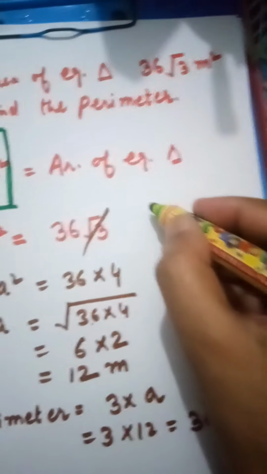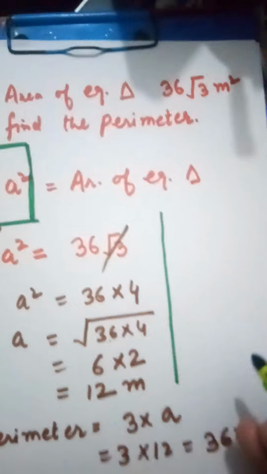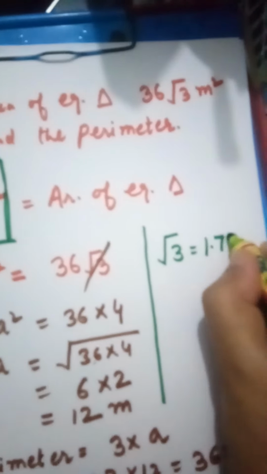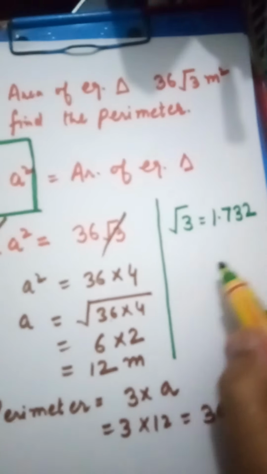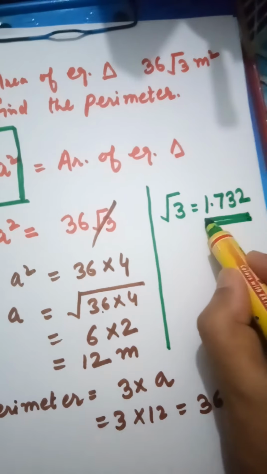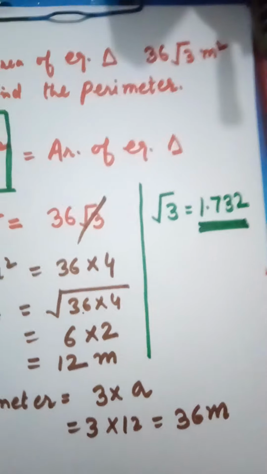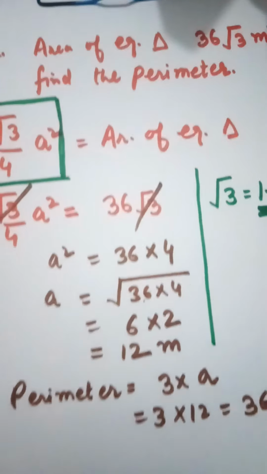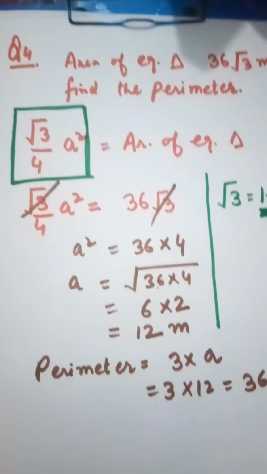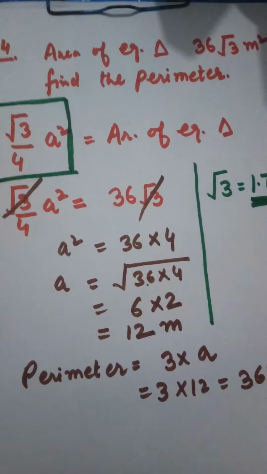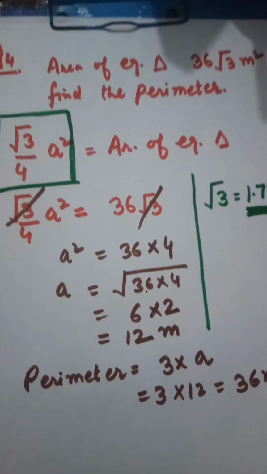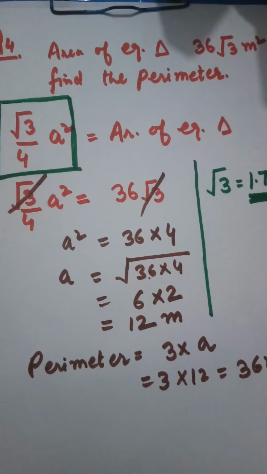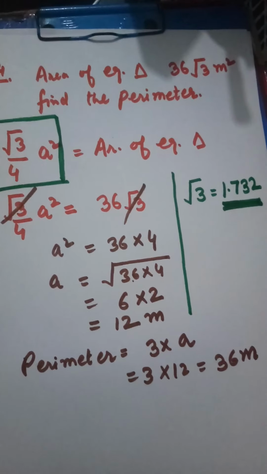In certain reference books, you are given the value of under root 3 also, that is 1.732. So you can remember this value also. In certain questions, if it is to be filled, you can fill it, but if it is not given to you, then you can leave your answer with the root also. So kindly go through these topics nicely, and I think you will be able to do each and every sum of this chapter. All the best, and complete that work in the fair notebook also.